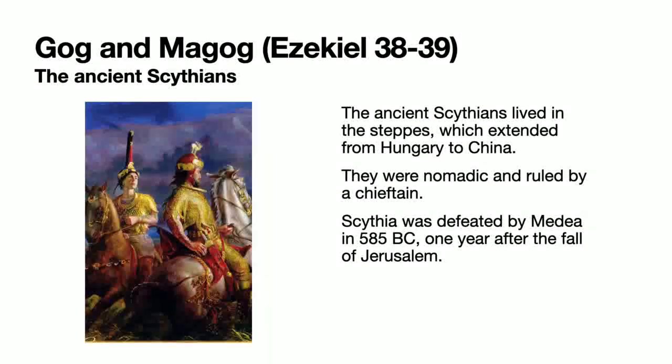So, who were the Scythians? Magog, who is another name for the Scythians, were a nomadic people who were active in the Middle East from the 7th century BC until about the end of the 2nd century BC. Now, the Scythians lived in the steppes. These were grassy flatlands surrounded by mountainous regions extending from Hungary to China. The Scythians were expert horsemen and preferred a life of raiding and trade rather than building settlements.